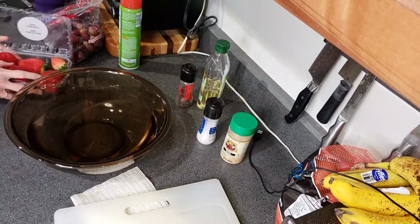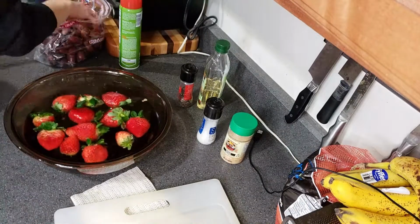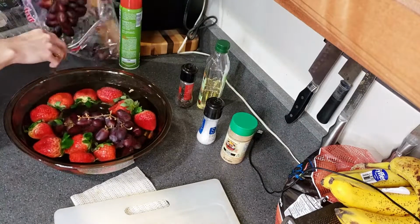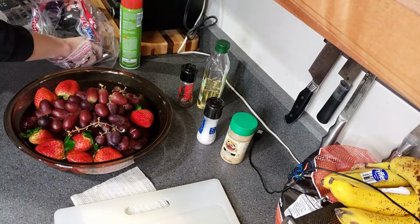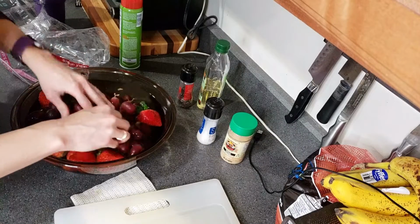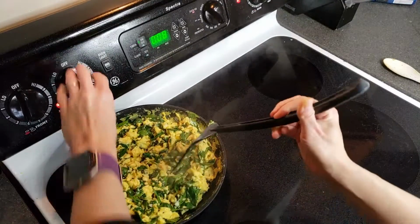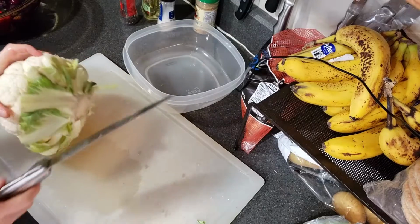Now, while that was cooking, I washed my fruit. I had some strawberries and grapes, and inside this bowl was about 1 part vinegar to 9 parts water. I put all of it in a bowl just like this, and I set the timer for anywhere between 7 and 10 minutes. We had about 10 minutes left on the potatoes, so I just left them right there until the potatoes were finished too. At this point, finally, the eggs were done, so I set them aside,